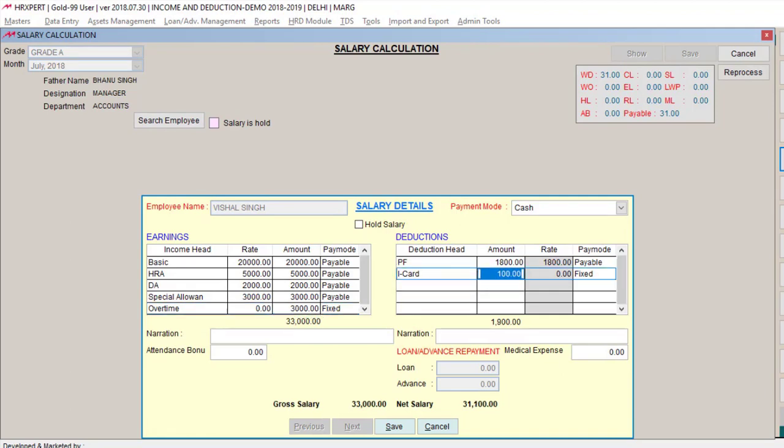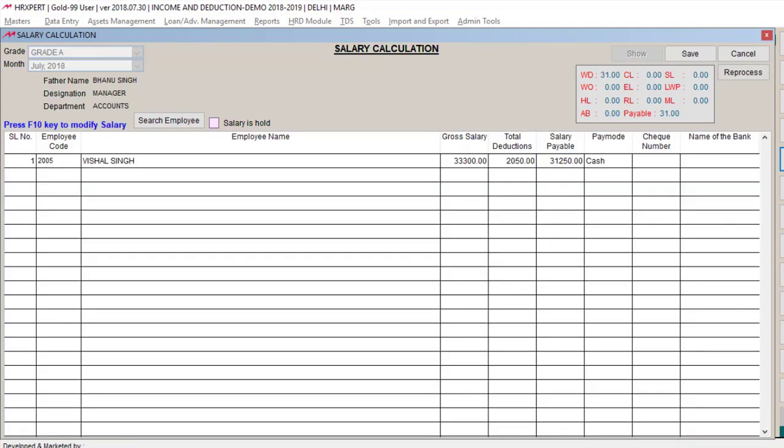Similarly, if this employee was on time for the whole month, then according to the company policy, they will get 1 day bonus. So suppose we will enter here 300, and if the company has done the medical policy of an employee, then the medical amount will also be deducted. So suppose we enter here 150, and now we will save the salary calculation, then click on cancel to come out from this window and then save it.